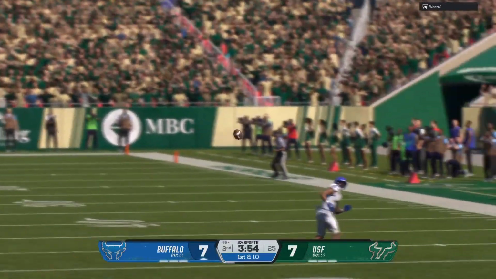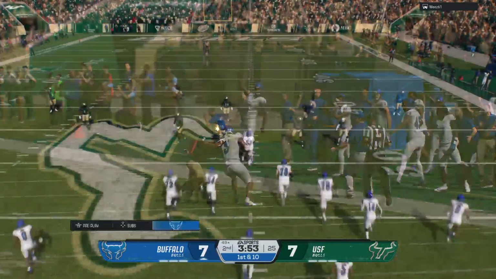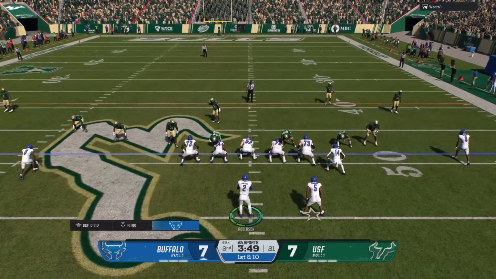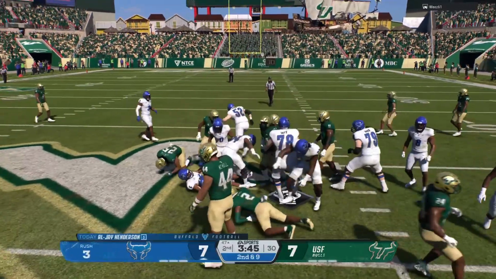That gets everybody excited. You work on these fake punts all the time, but you don't call them all the time. But the coach saw something, executed it perfectly, called it at the right time, and got a shot in the arm, get some energy, snap into the up back, completing the pass.